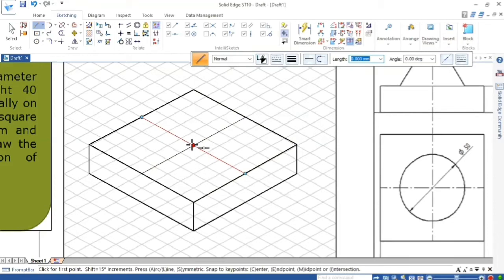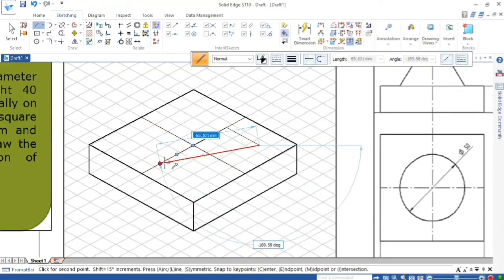From here 10, 20, 2.5 boxes. From here 10, 20, 2.5 boxes, again 10, 20, 2.5 boxes. Then again from this center, take 25 on this side. Again from here, draw along the 30-degree line 2.5 boxes, total length 50.